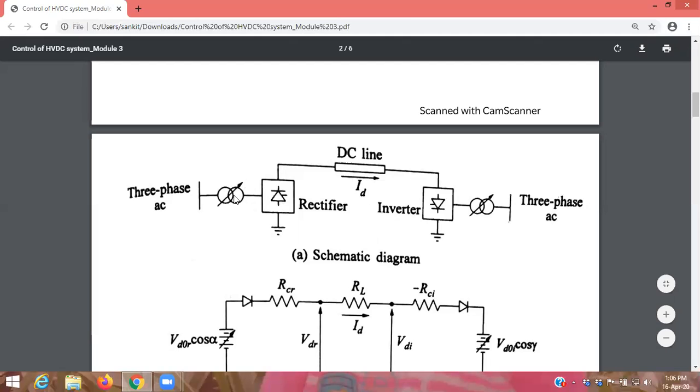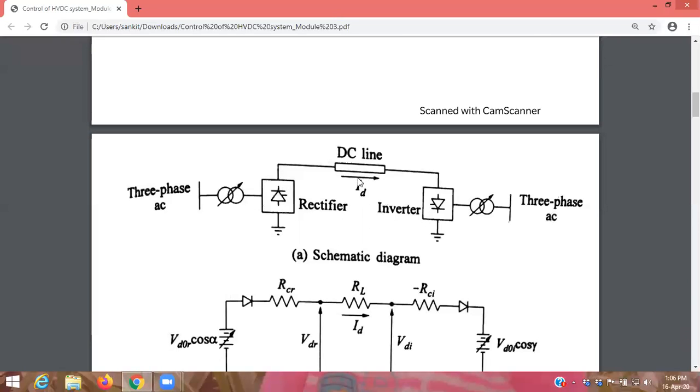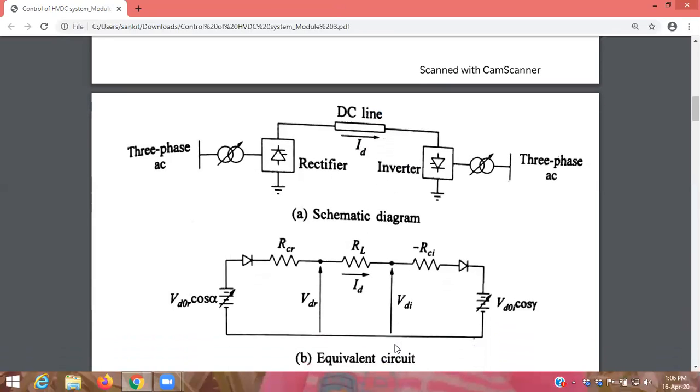Okay, now this is the converter transformer. This is working as a rectifier. This is working as an inverter. We have studied all this, and this is something like a monopolar link, or one link of a bipolar link. I think we studied this in the previous lecture and we are familiar with the names monopolar and bipolar. Okay. Now next is the circuit diagram.